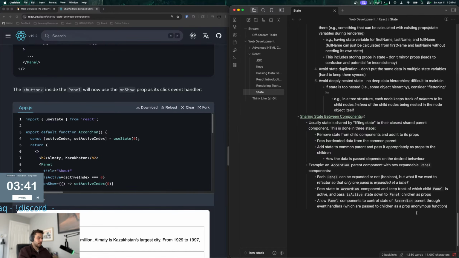So that's interesting. That changes the state of the accordion. Yes, good. Okay. Perfect.